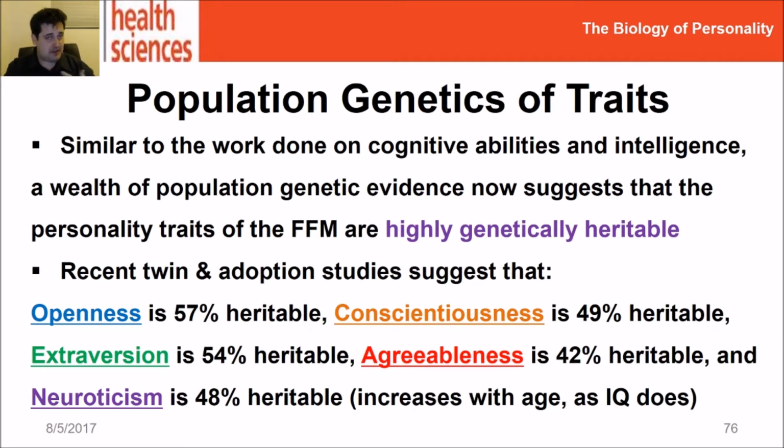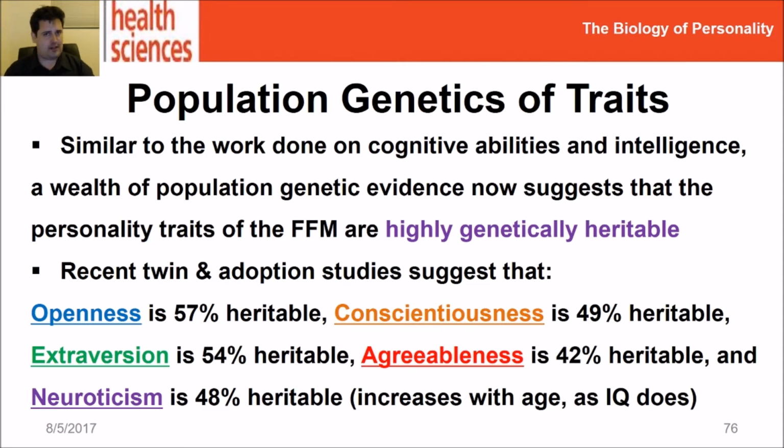And the simple answer is yes, there is a heritability factor to it, but more importantly, it's not a small heritability factor. A lot of psychological properties have a heritability factor of 0.2 or something like this. 20% of the variance in it is genetically heritable. But look at what it's like in personality. Openness to new experience, on average, is 57% genetically heritable. Conscientiousness is 49% genetically heritable. Extroversion is 54%, agreeableness 42%, neuroticism 48% genetically heritable. That's really high, relatively speaking. That's on average, just a little bit below 50% overall.